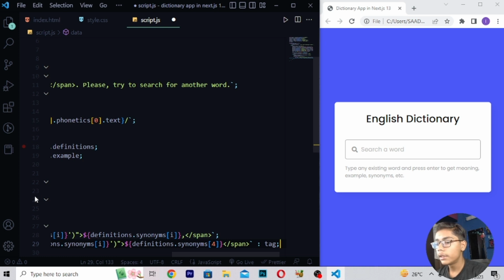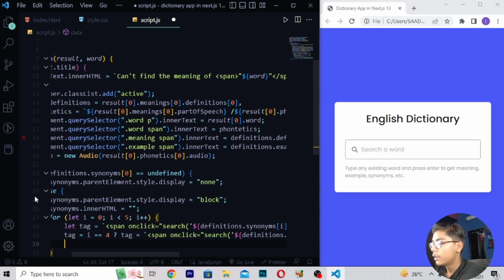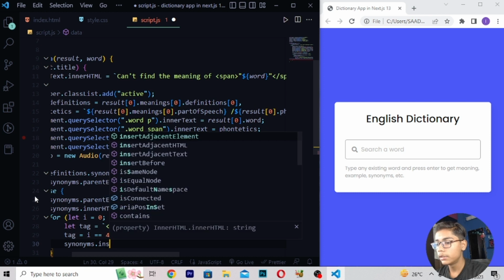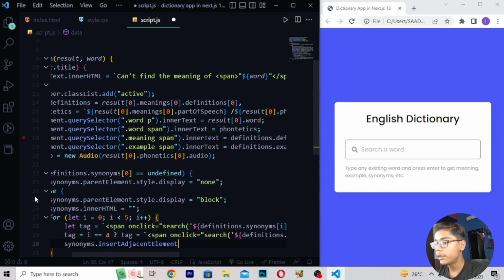Now when you've written this, I will be moving down after this tag, and after moving down you have to just now write a tag which will be like synonymous, then right here dot insertAdjacentElement, or you can say adjacent like this.